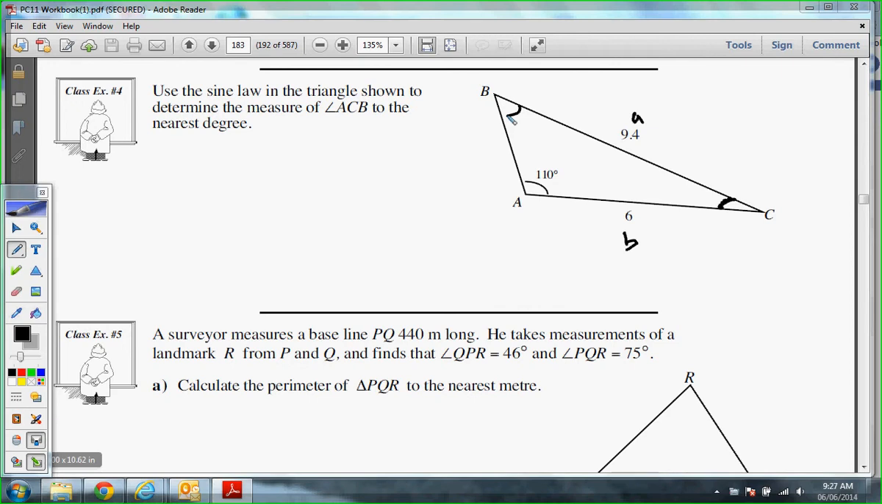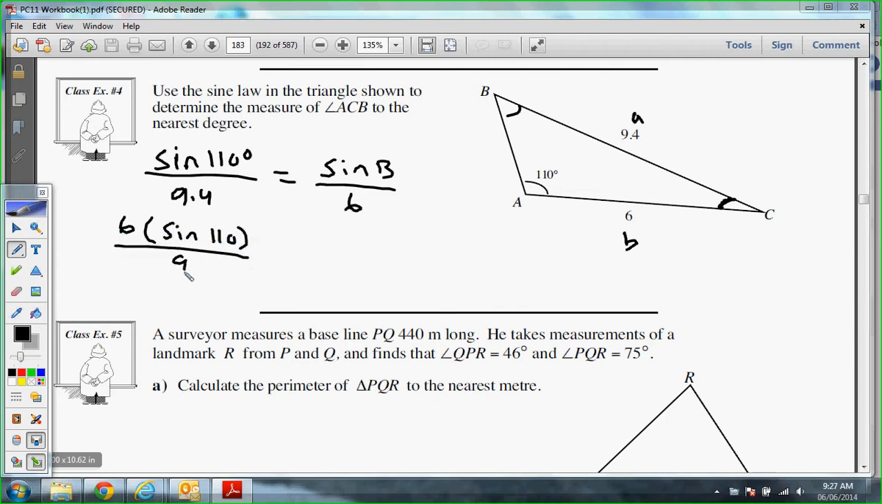So we're finding an angle, so I'm going to put the angles on the bottom. No, excuse me, on top. Sine 110 over 9.4 equals sine B over 6. We're just going to times the 6 over. Okay, and then you're going to get that sine B, hopefully you get, is